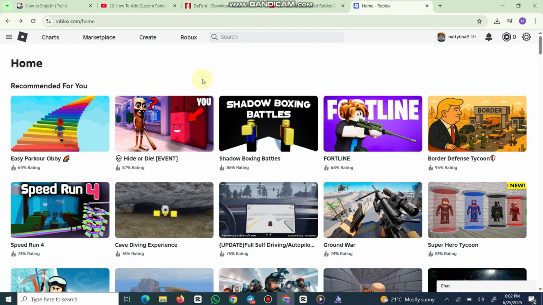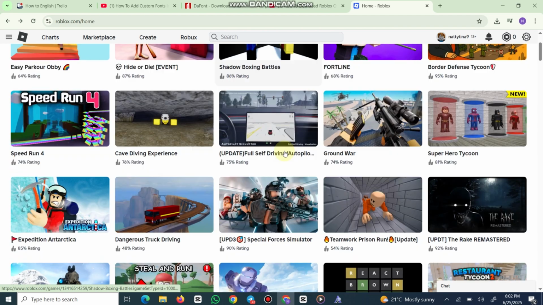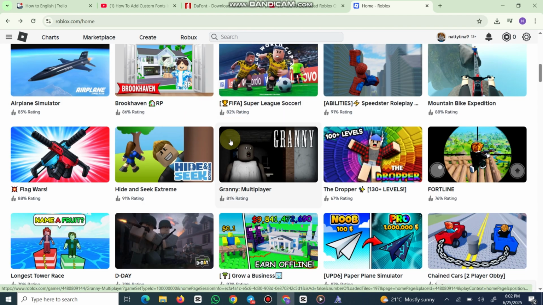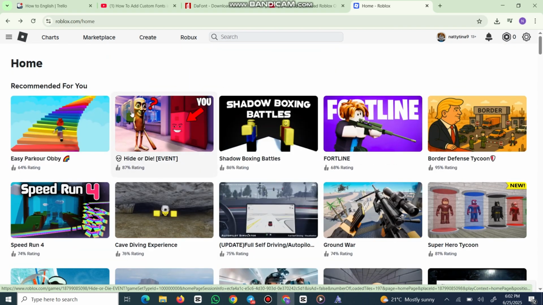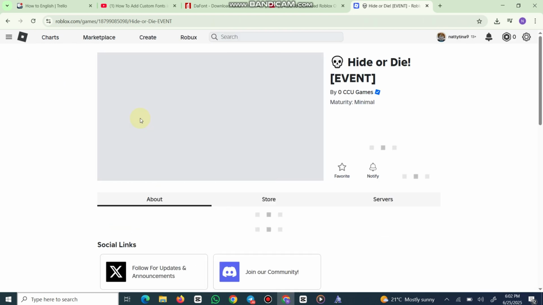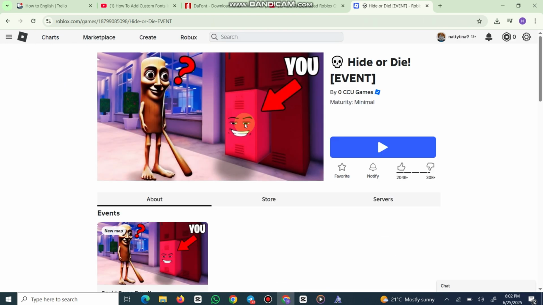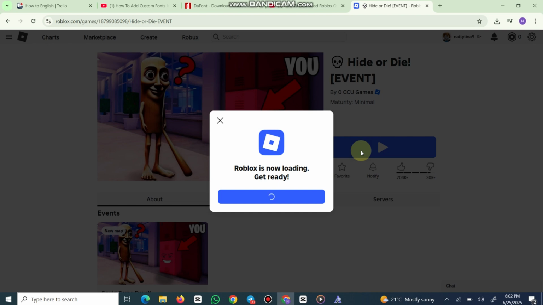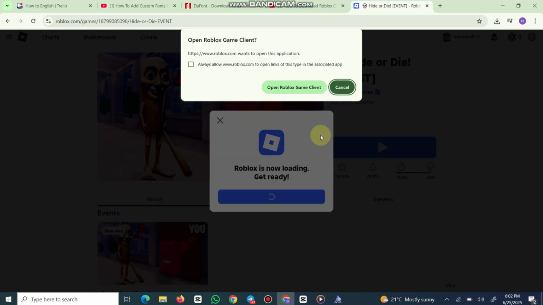And here we are. You will need to sign into your account. Then to download it, all you need to do is open up a game you would like to play. For example, in this case, I may want to play this one. So open it up, and then press the play button just like so, and it's going to say Roblox is now loading,